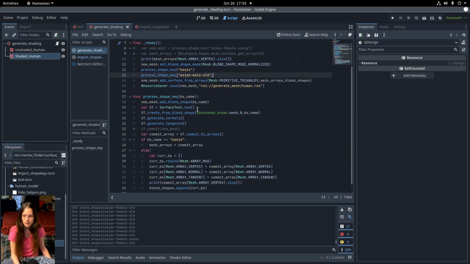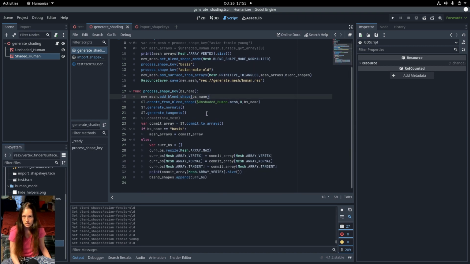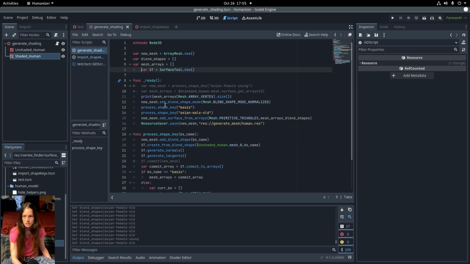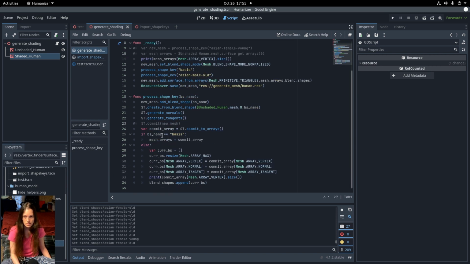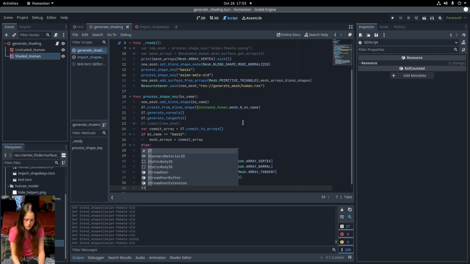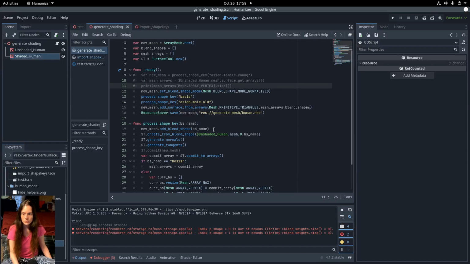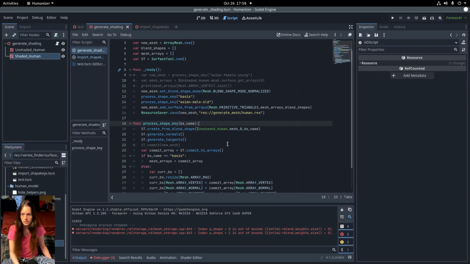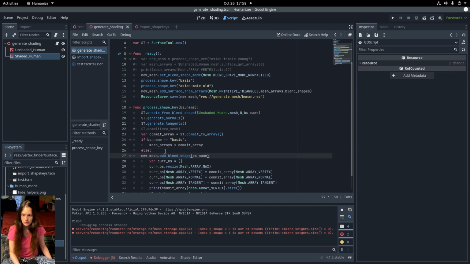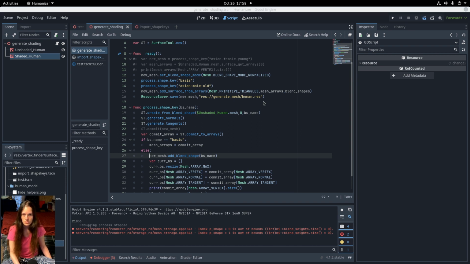Also, I don't need to make a new SurfaceTool every time, so I'll just declare that at the top, and I think it resets the mesh when you call create from blend shape, but either way you can use SurfaceTool clear at the end to reset it. And I need to move the add blend shape into the else statement, since I don't want to add a blend shape for the basis, I just want to set the mesh arrays. So now if I run this,